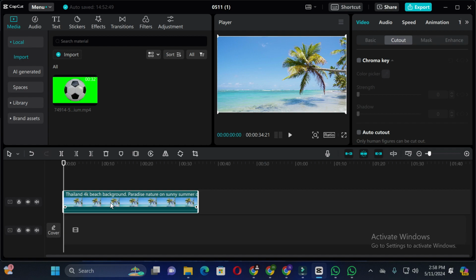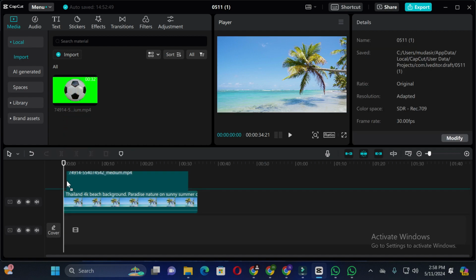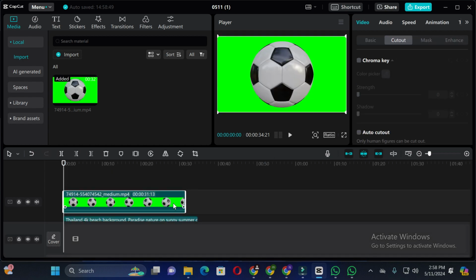And now if I want to remove the background of the video, then I have to just make it here, and then you have to click on this video and just click on this button cut out, and here you can see chroma key option. Click on this, and here you can see color picker. Click on it, and here click on it,